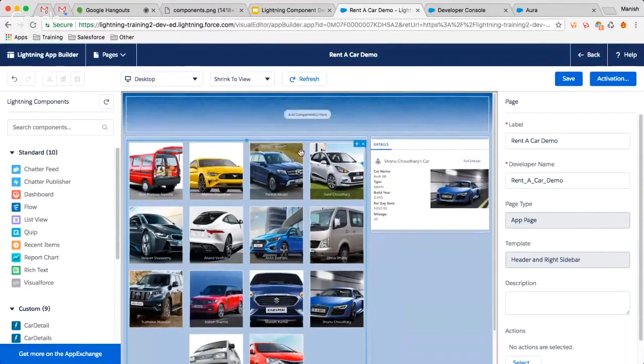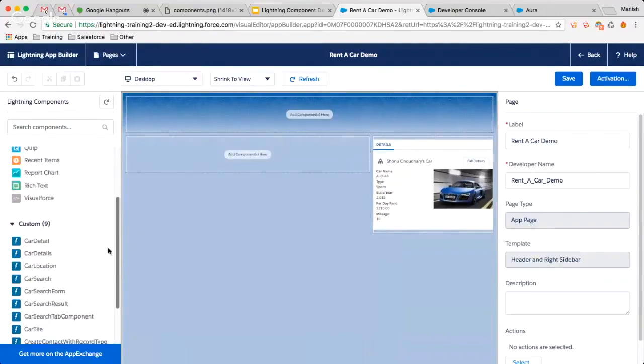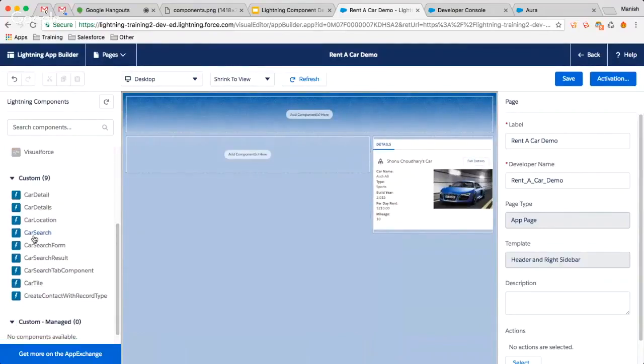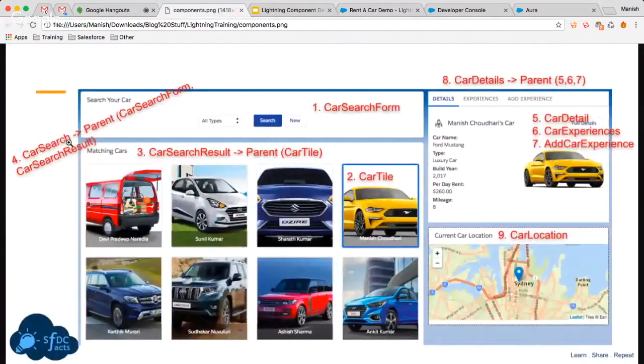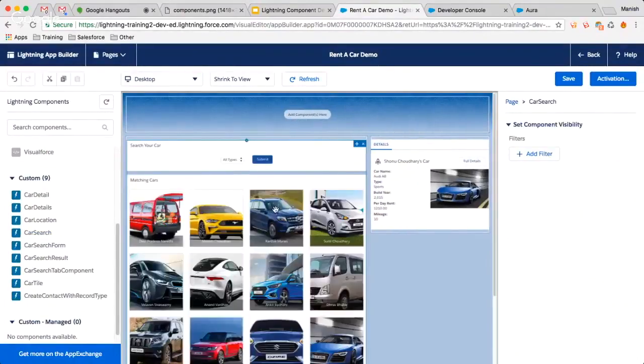Remove this car search component or car search result component, remove this completely, and instead of that we will include our car search parent component. So we will include this car search parent component, which will eventually include these three. So it will include your car search form as well, along with your car search result and car tile component. So we'll do that now. Just drag your car search component from here and drop it in the application itself, and then save the record, save the page. Go back,